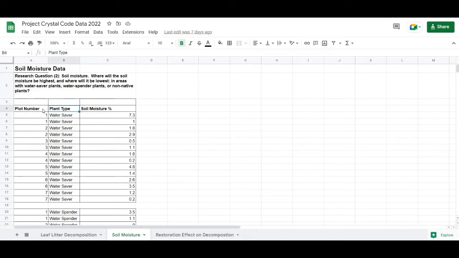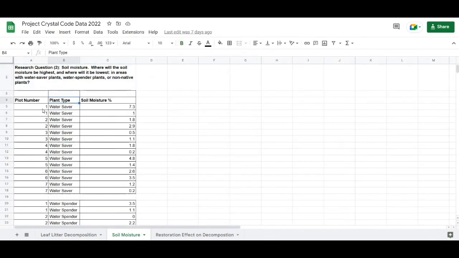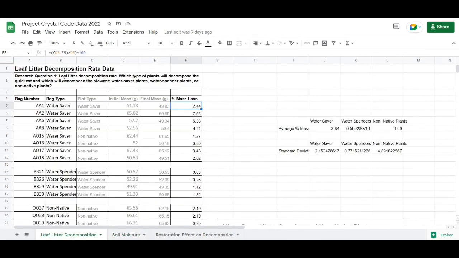And this is also divided in 3 sections: water saver, water spender, and non-native. And lastly, we have soil moisture percentage, which looks at the percentage of moisture in the soil. Returning to our question number 1, we're going to be comparing the percent mass loss for all 3 of